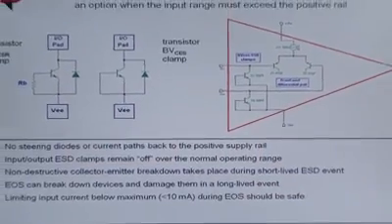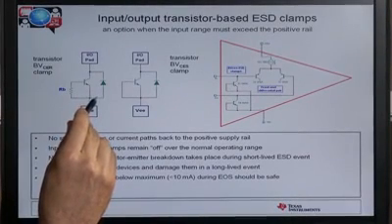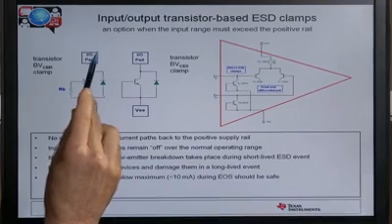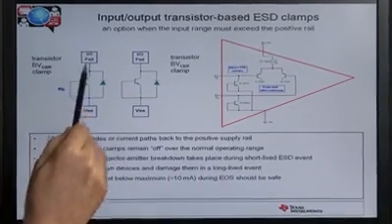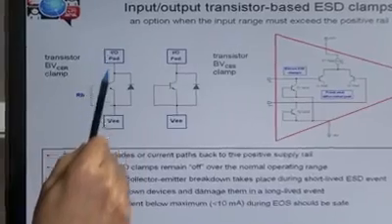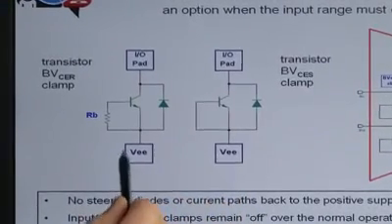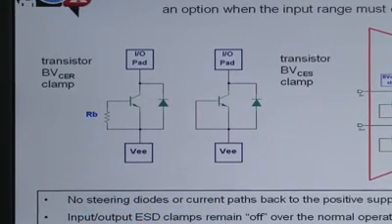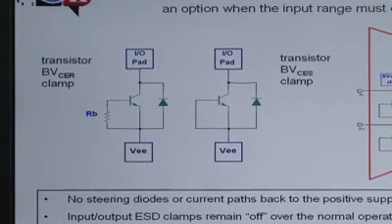The inputs and outputs may also have clamps on the input, like we saw across the power supplies. In this case, there's no return back to the positive supply. But if the ESD event voltage becomes large enough, we can break down this transistor and provide basically a short between the input and the minus supply pin. On a negative going ESD event, this diode we see in the structure will turn on and clamp the voltage